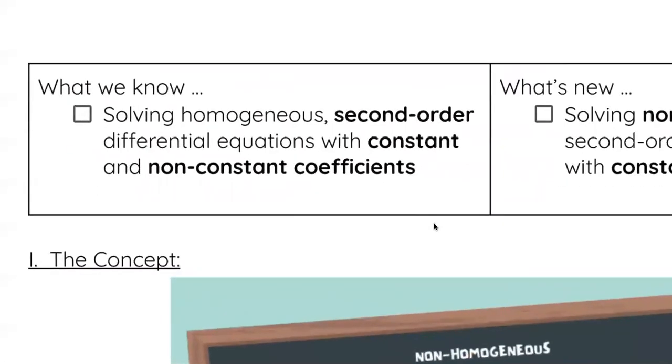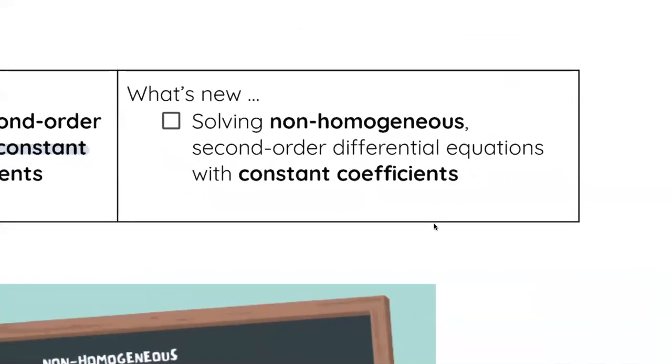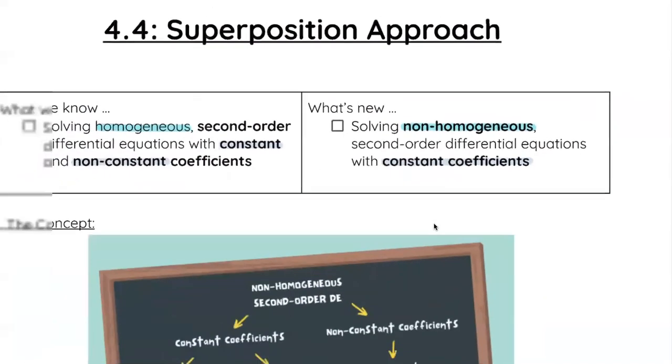Last week, we focused really heavily on the homogeneous second order differential equations. And we looked at sort of two different flavors of those. We looked at the ones with constant coefficients, and we looked at the ones with non-constant coefficients. And so what we're going to do today is take a look at non-homogeneous second order differential equations. And we're going to focus the start of this week on ones that have constant coefficients. Okay. And so with that,